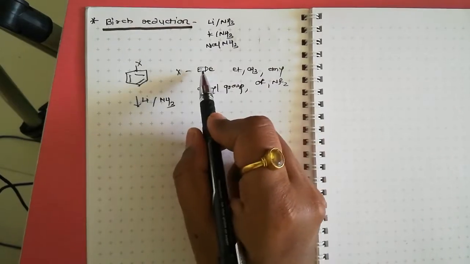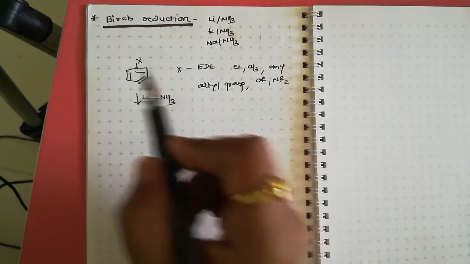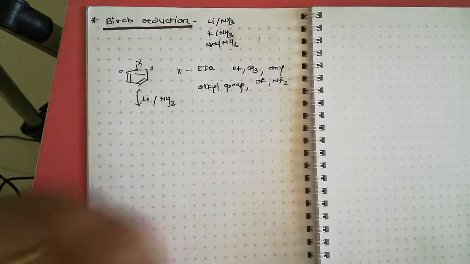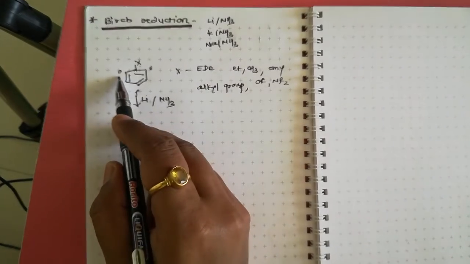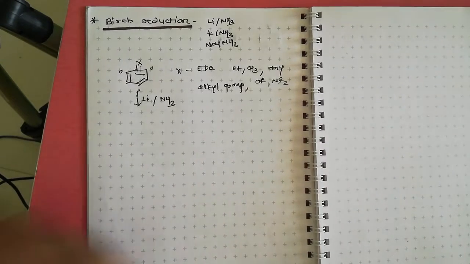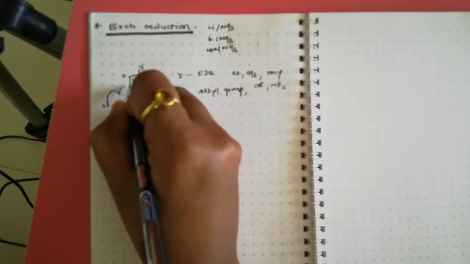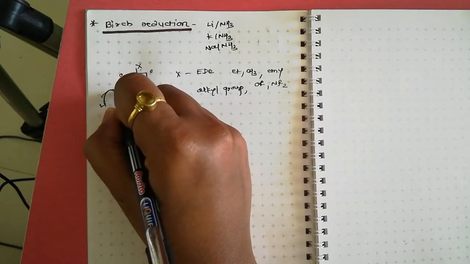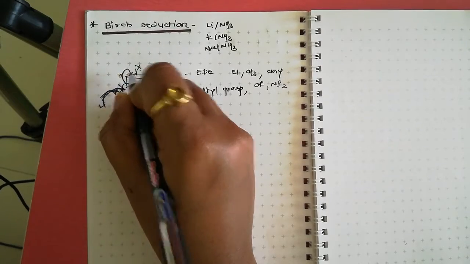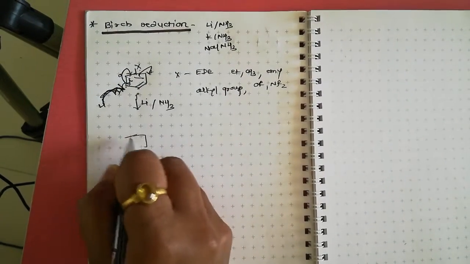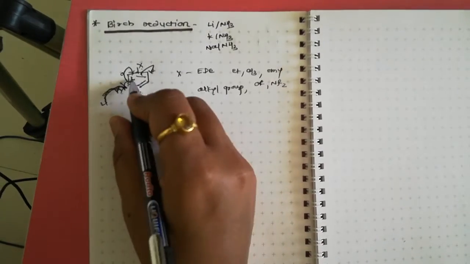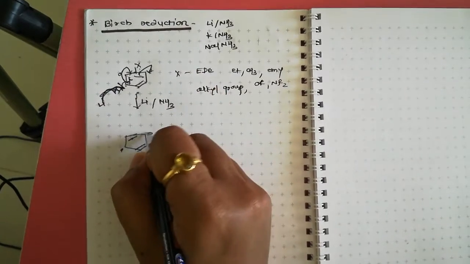As we know, after drawing the resonance structure, this is the electron donating group. Therefore, at ortho and para position, after drawing the resonance structure, we get negative charge, which means the meta position is electron deficient. Therefore, lithium transfers its electron to the meta position. This bond donates its electron here and a negative charge is formed. At the meta position, electron transfer, this double bond remains as it is. This bond shifts here and a negative charge is formed.